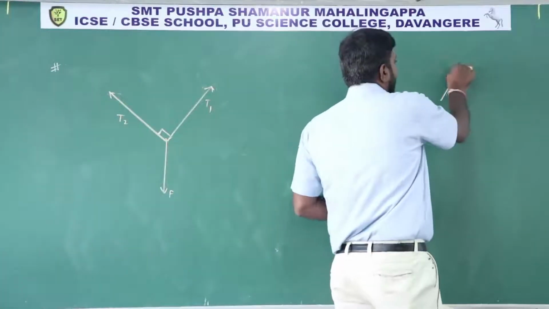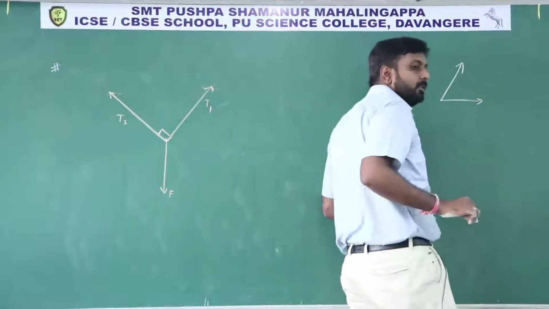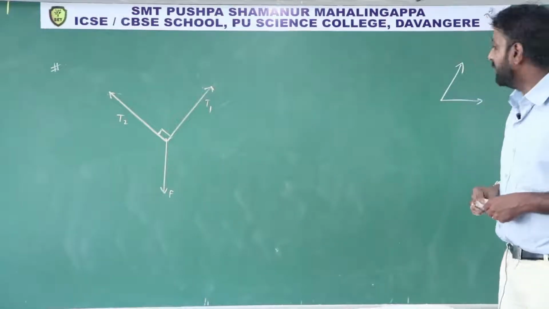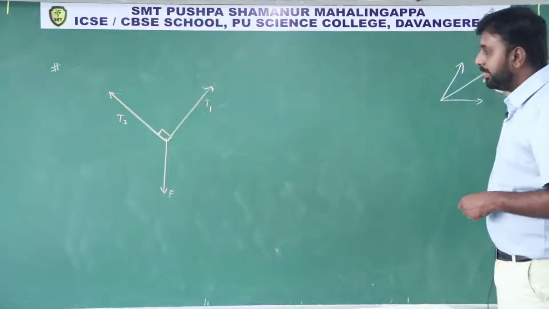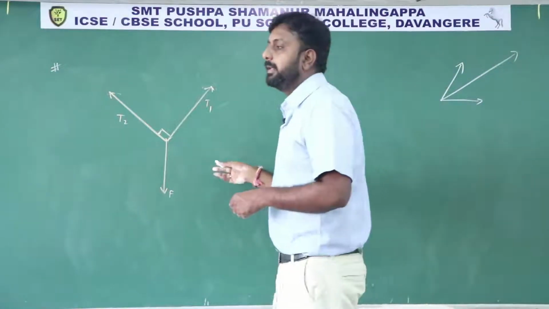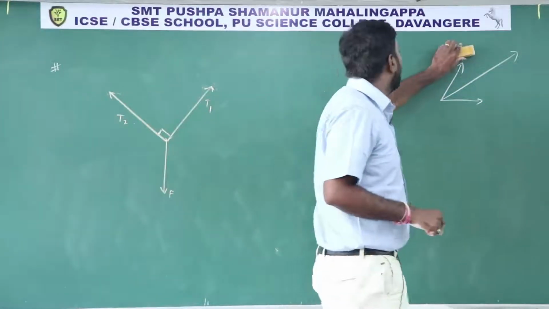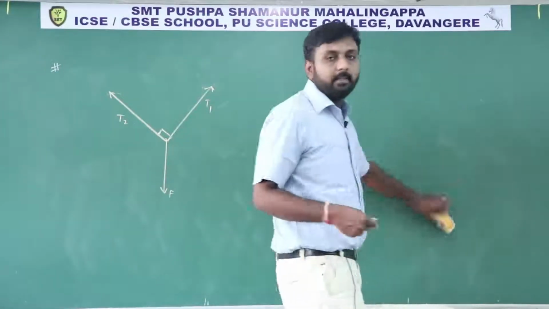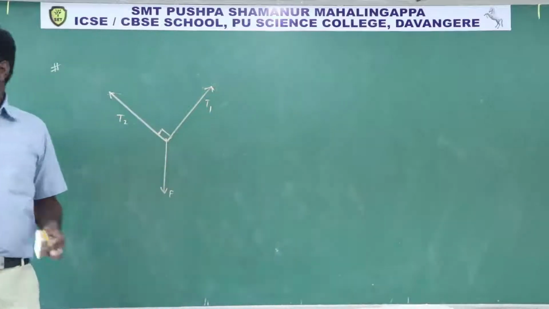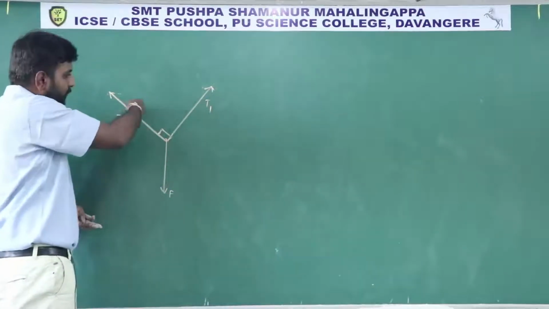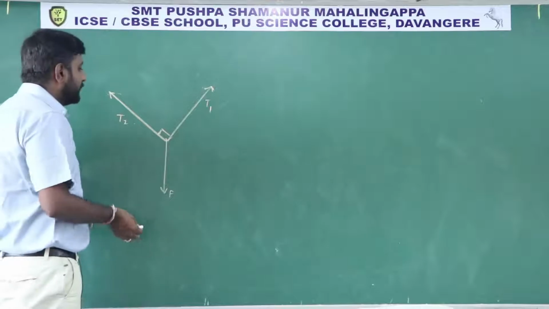If there is one vector and another vector, we can use the triangle law of vector addition or the parallelogram law of vector addition and find the resultant vector. But with three vectors, in this case we need to resolve the vectors. So out of three vectors, which do we resolve? For example, these two forces are acting in some direction, right? Those forces we have to resolve.